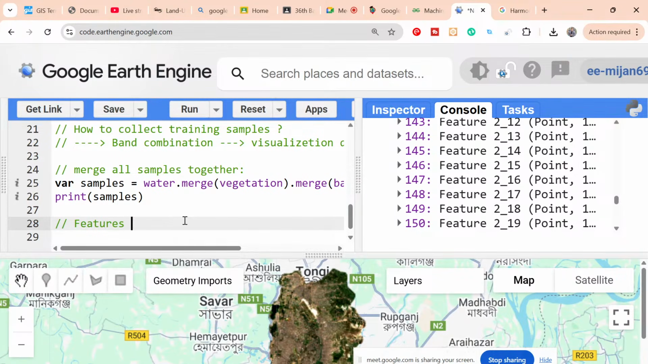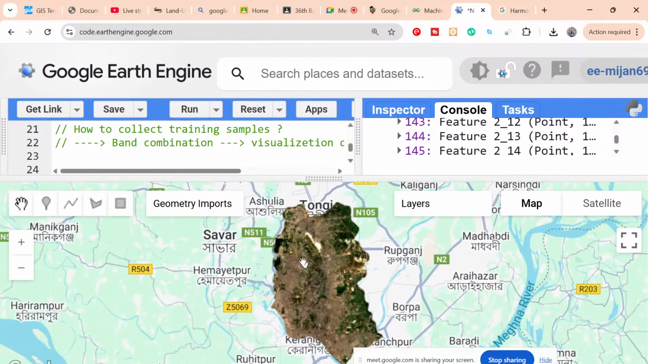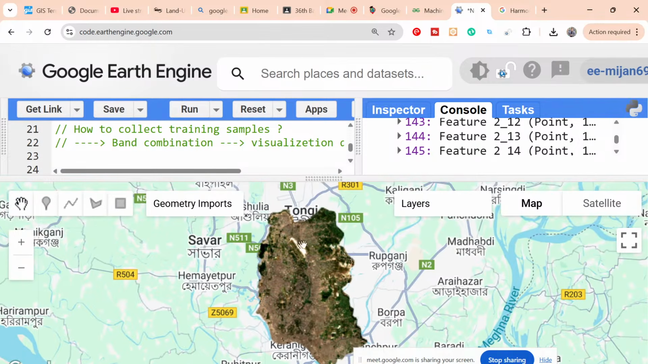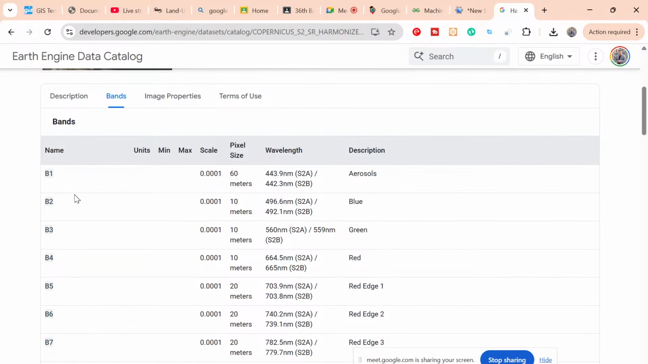So now I simply collect the features. In the satellite imagery, we find the different types of bands, and these bands work as features. Now how can I choose the features? If you check the different types of bands,